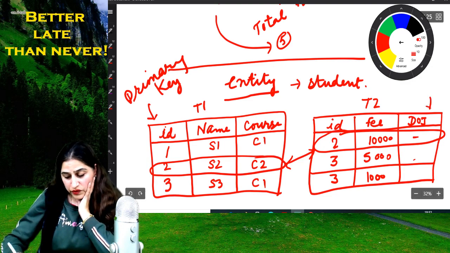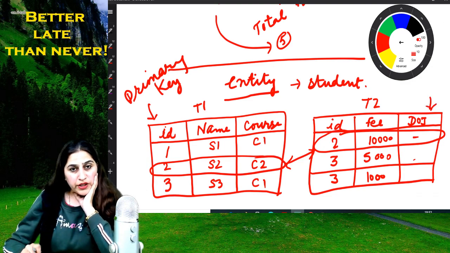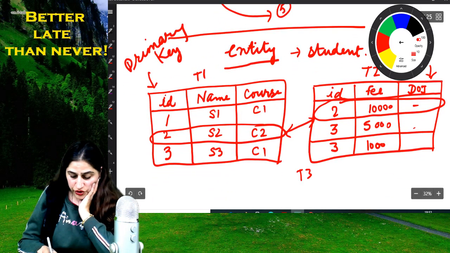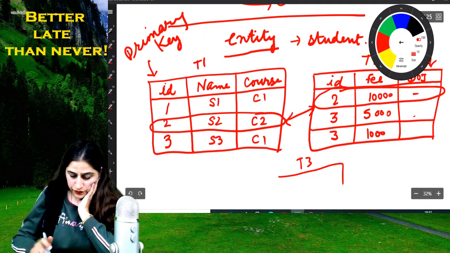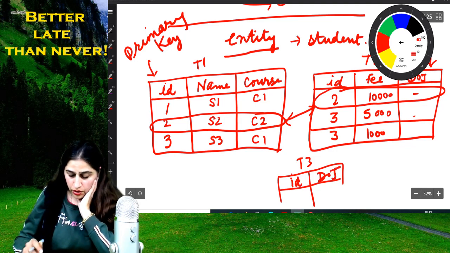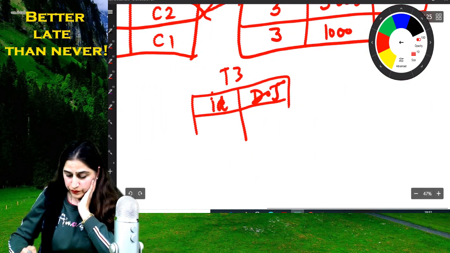Now this is a mistake. I can split this table T2 into table T3, in which I will take 2 attributes, id and doj, so that I need not write this doj again and again.